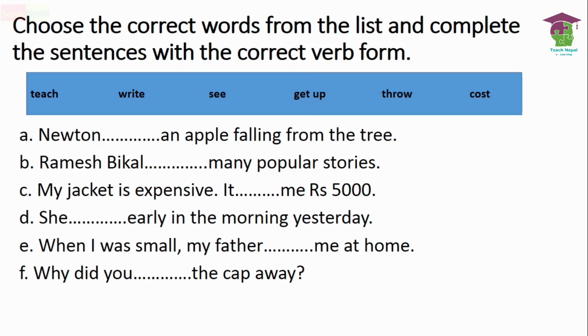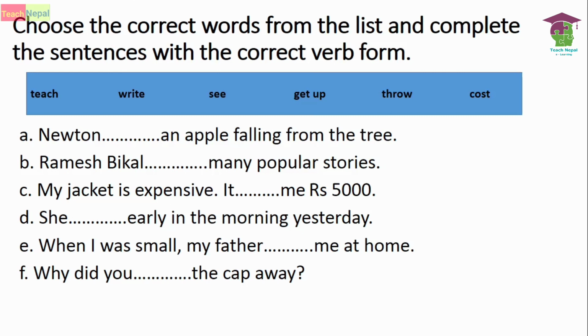Now here almost cost नै suitable छ हैन, so cost आफैमा चाहिँ past form पनि same हुने भएको कारणले गर्दा you can write the same thing, it cost me Rs 5,000. So number D, she did it early in the morning yesterday. So what can be there? Get up, right? So she got up. Get up लाई हामीले के गर्छौं अब, past form मा get up, she got up early in the morning yesterday. Number E, when I was